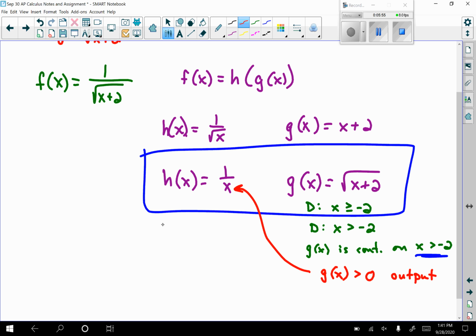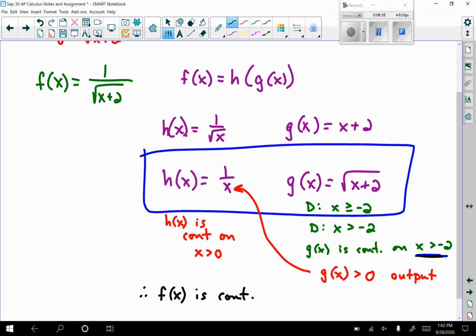So h of x is going to be continuous on all values greater than 0 as well. Again, I could go negative over here, but I'm not going to get any negative values as my output for g of x. So because h of x is continuous on the interval of all values greater than 0, I could say that h of g of x would also be the same. So here we could say, therefore, f of x